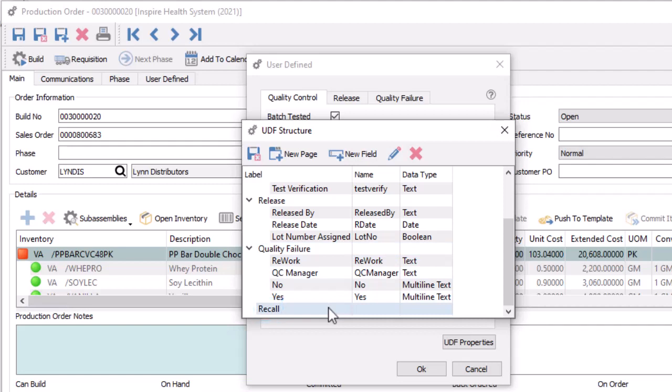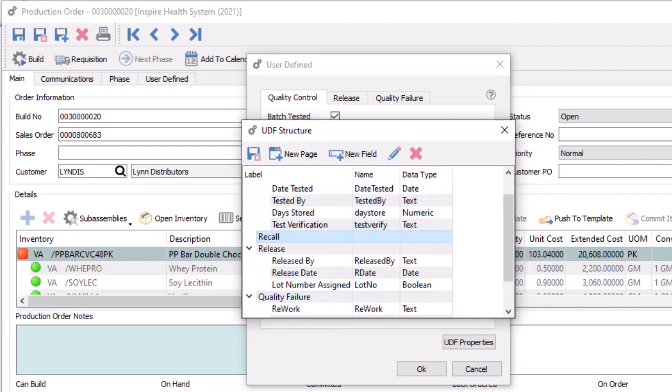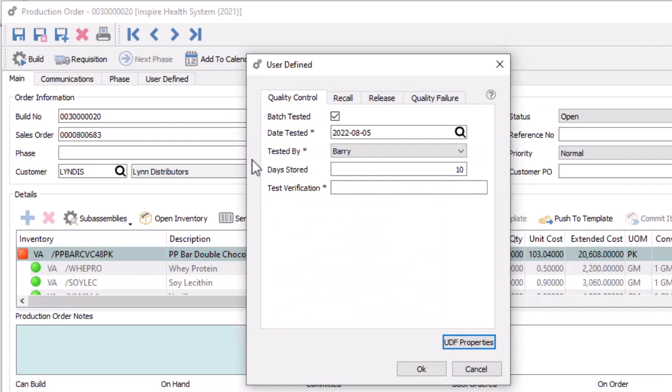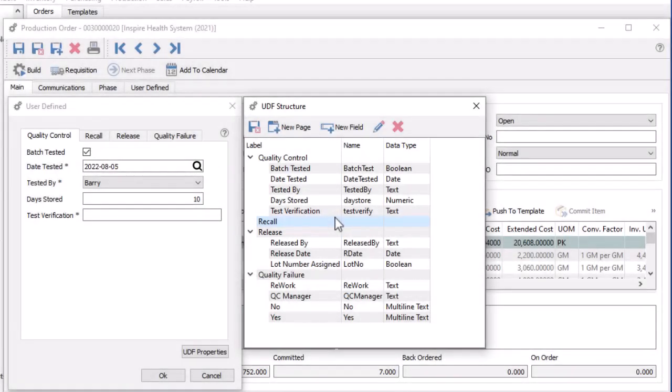You can organize both pages and fields by selecting, dragging, and dropping the object to the desired location. And when you save the structure, the Edit screen will be closed and the new tab will now be visible. Either tabs or fields can be edited to make changes, or deleted if no longer used. Create a new field by highlighting the tab name where you want it to go and click the New Field